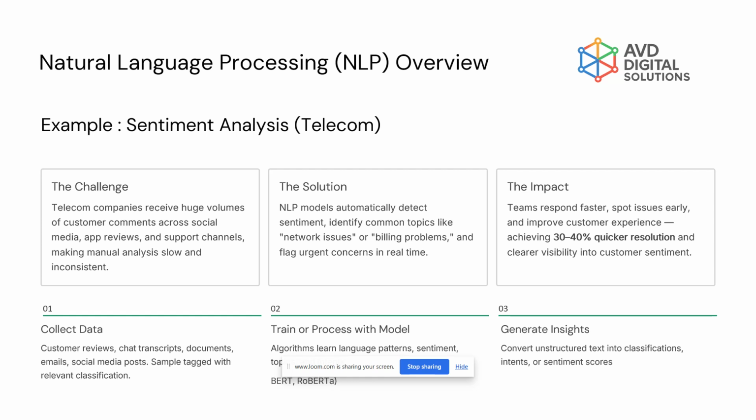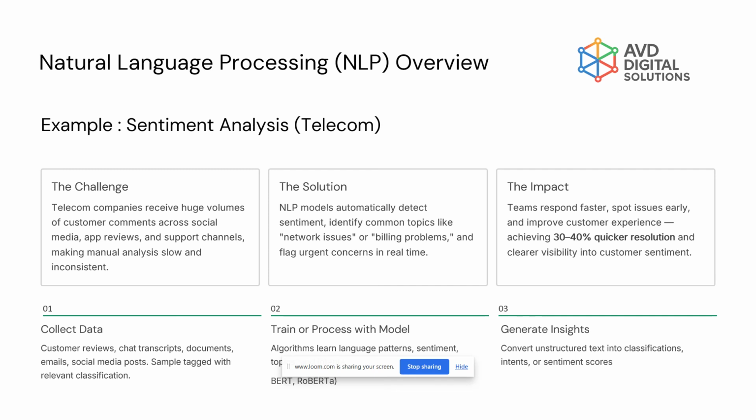and also acted upon. The solution in this case is a natural language processing algorithm which is capable of understanding human language. It's able to understand the meaning, the intent, and the sentiment from the data that you expose to it. So in this case, natural language processing algorithms can be used, and they are able to find out what sentiments are exhibited by the customers' comments, reviews, or requests, and what topic